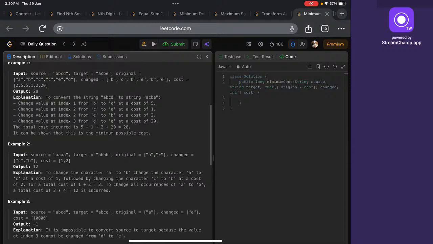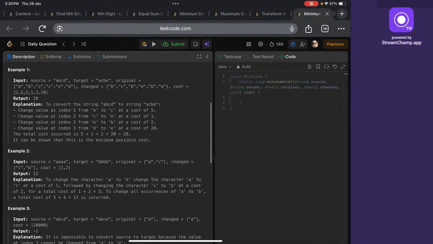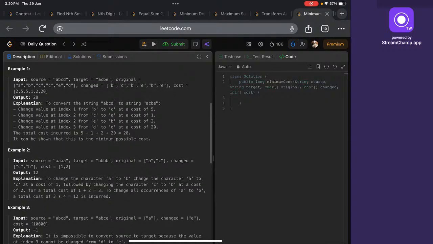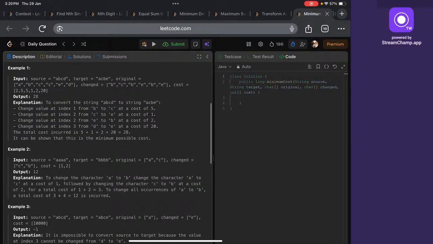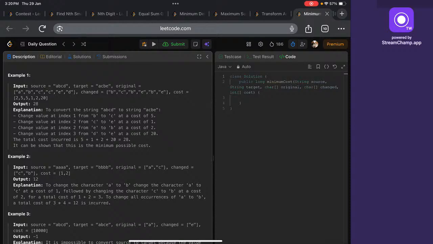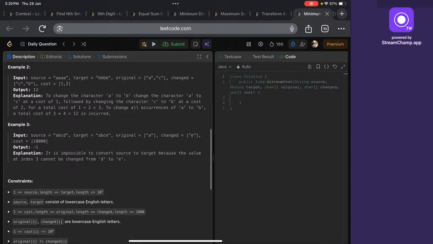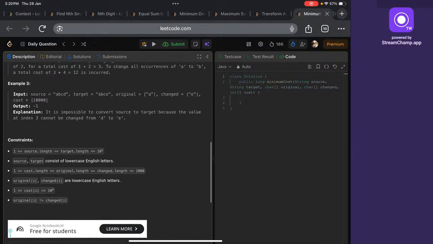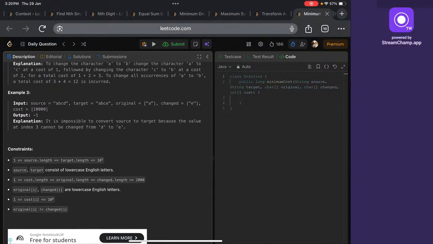We can model it as a graph problem, and what we do is we use Dijkstra's algorithm, and since the source length is about 10 to the power 5, we cannot brute force, since